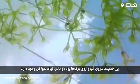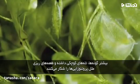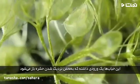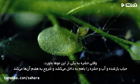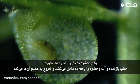The bubbles are under the water along with the leaves, and on the surface there are only flowers. Most species have very small traps in which they can catch only small prey, such as protozoans. The bubbles have an entrance, which opens when an insect is near. The signal for the opening of the bubble comes from a set of trigger hairs located next to the entrance. When an insect touches a hair, the bubble opens and pulls the prey along with the water, and starts digesting